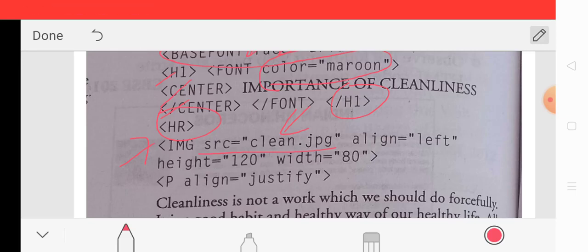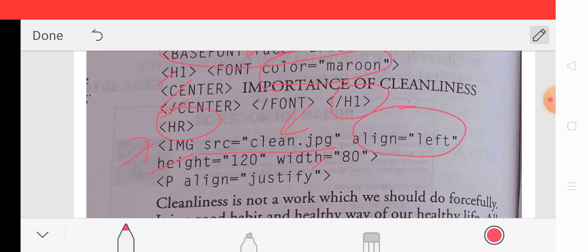We can clearly see that the image is left aligned, so we use align is equal to left here, and we also set height and width accordingly, because the height and width of the image are very small.